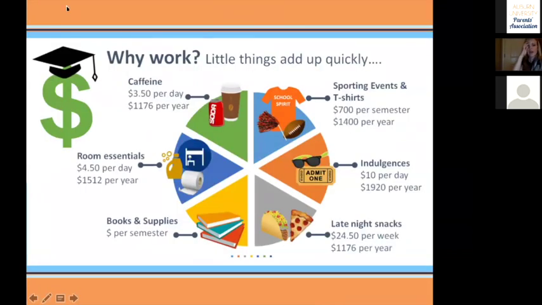So this is a fun graph that we like to show in several of our presentations through the Career Center. Why should your student consider getting a job in the first place? Our graphic designer did this fun graphic to kind of explain the cost associated with college each semester and each year. I like that she incorporated caffeine, because we all know that we rely on coffee sometimes, and your student probably relies on coffee. So just breaking this down and saying, okay, if you're paying $3.50 for a cup of coffee